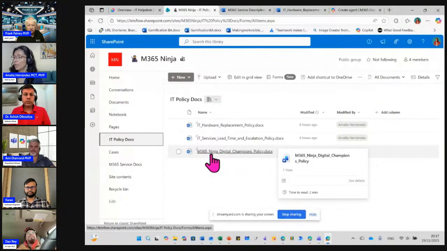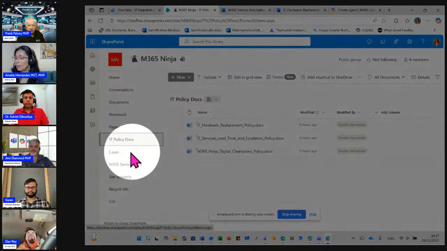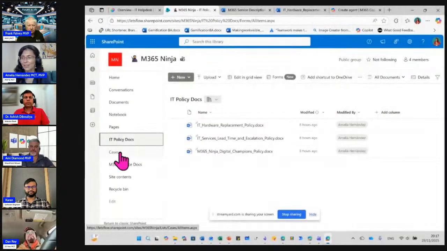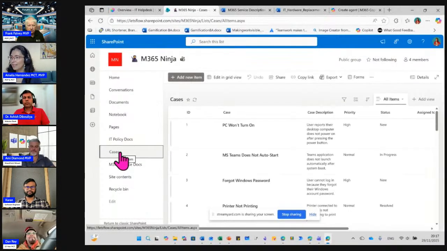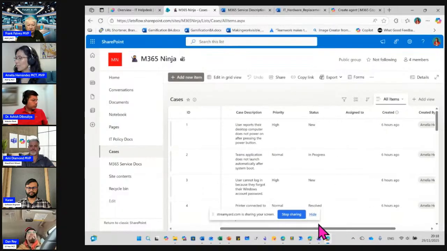And then we have as well the cases. So the cases list is this list that contains cases, where we are saving our cases, updating our cases, and of course, when they are already solved, setting up